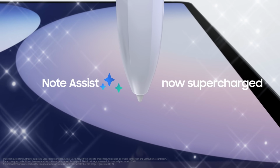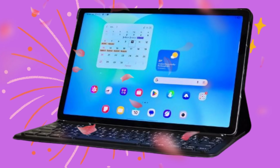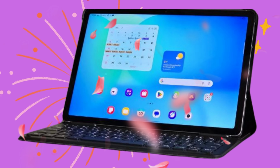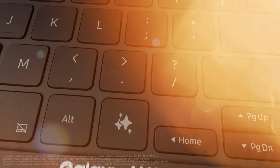Samsung is back with its most ambitious tablet ever, the Galaxy Tab S11 Ultra, and the big question is, could this actually be the most powerful tablet of 2025? With a rumored Snapdragon 8 Gen 4 chip, up to 18 gigabytes of RAM, a stunning next-gen AMOLED display, and an S Pen that feels more like a pro-level tool than a stylus, Samsung is aiming to completely redefine what